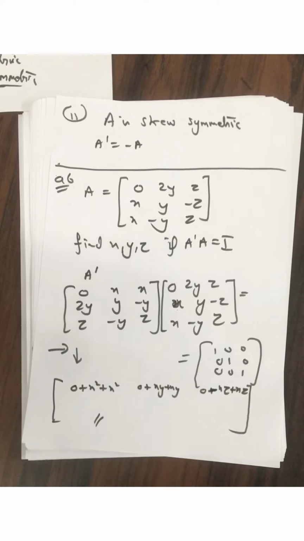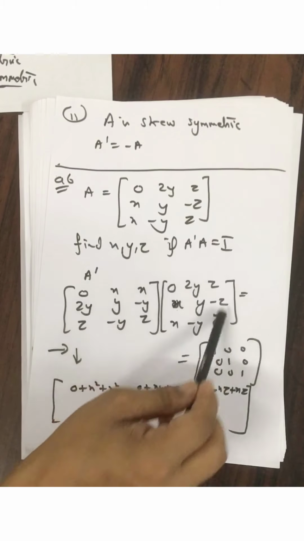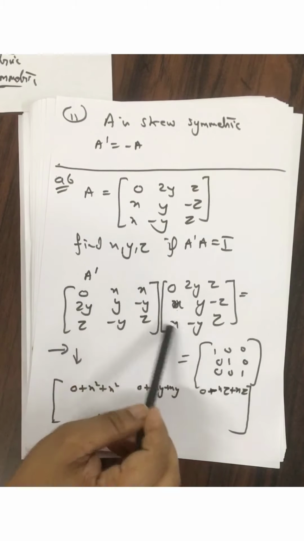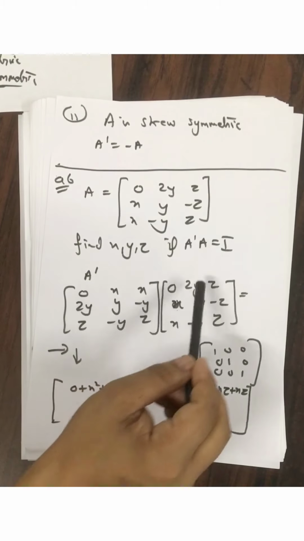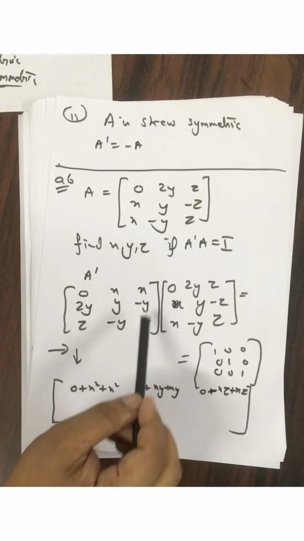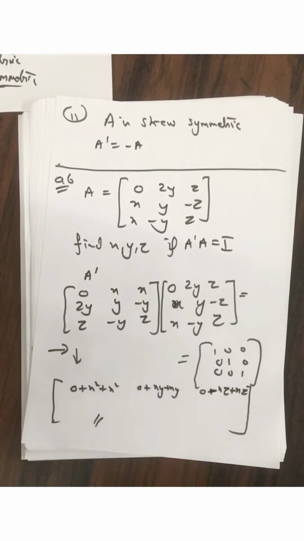Once you multiply it, I am telling you a concept. Once you multiply, you can compare it with the right hand side, and easily you can get the values of x, y, z. Got it? See, I'm telling you once more the concept. You multiply the first row by each column, and we get the first row. Again, you multiply to get the second row, then the third. Then we compare. Once you compare, you will get the values of x, y and z. Okay. Do it yourself.